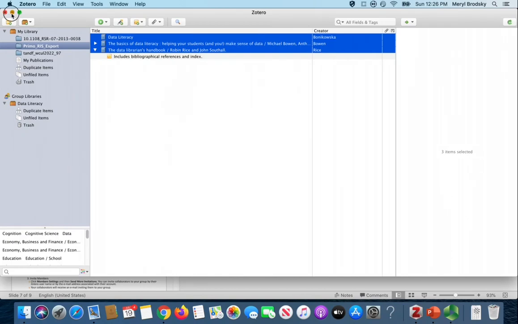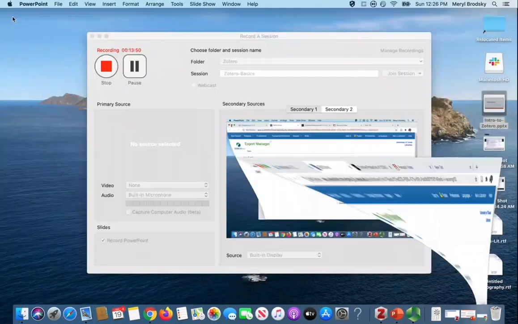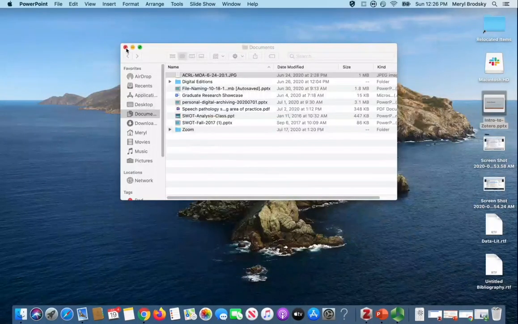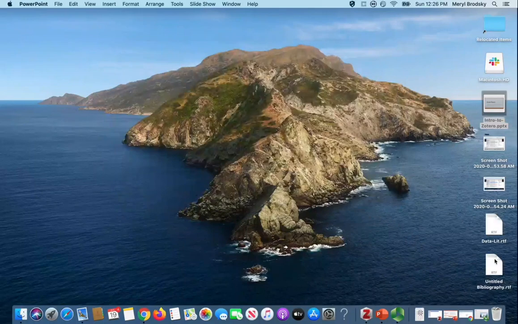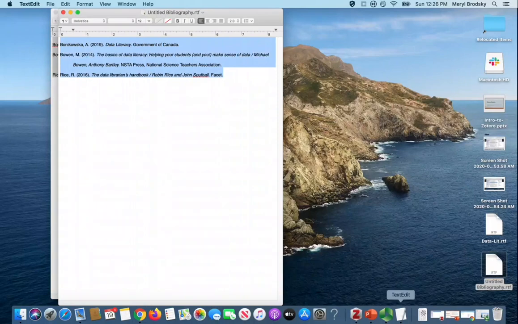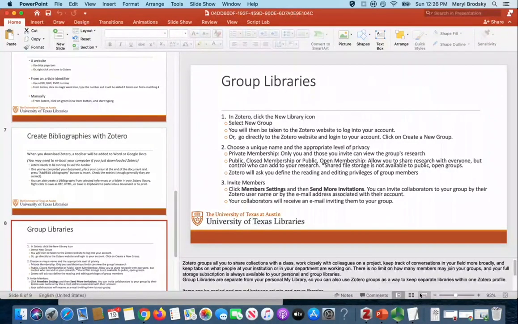And then what you can do is copy and paste it into your document. So here it is. And you can see that they've done a pretty nice job with the APA format. So it would just be a copy and a paste. So now I'm going to go back to the PowerPoint, and we'll talk a little bit more about the group